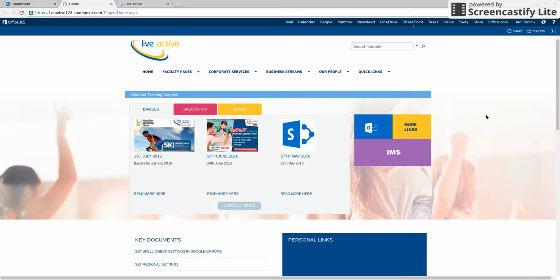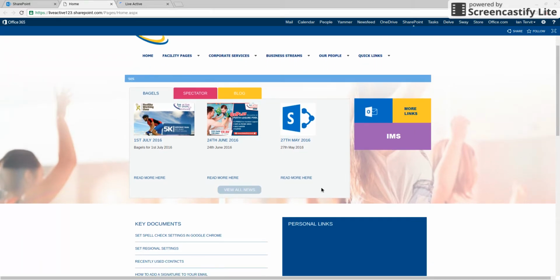Below that we have the publications within LiveActive as well, and the well-known Bagels that is sent out every Friday. This will be published here for staff to get access to, and you'll get a backlog of the recent publications over the previous weeks. And to read those documents, just click on the read more here and it will begin to load up that